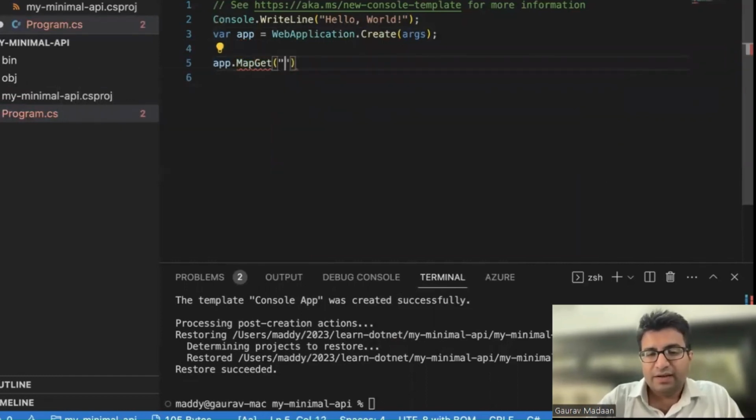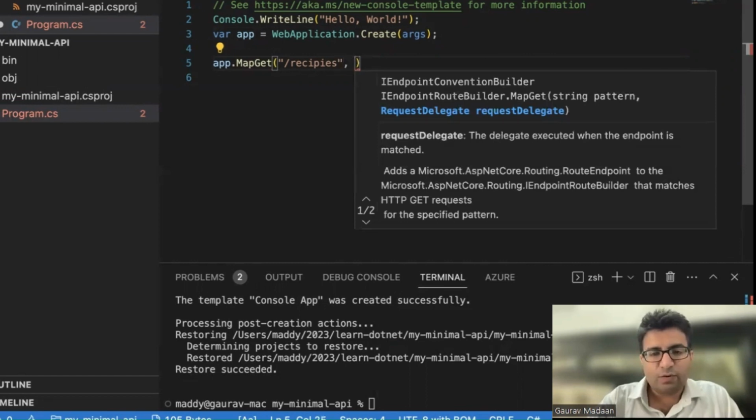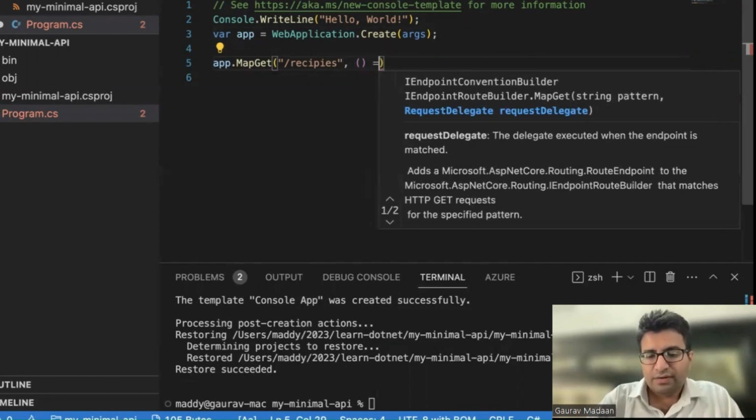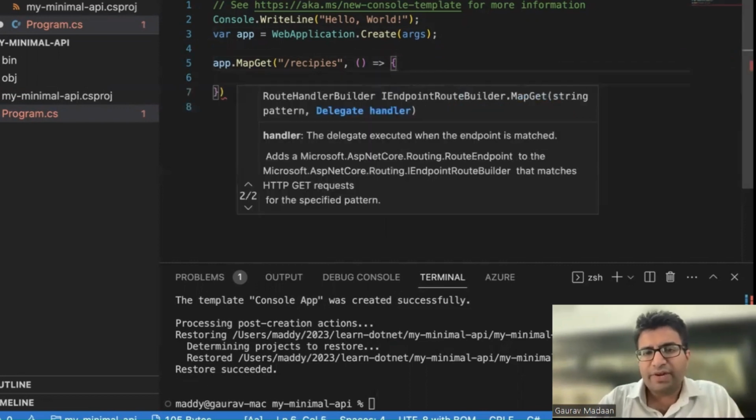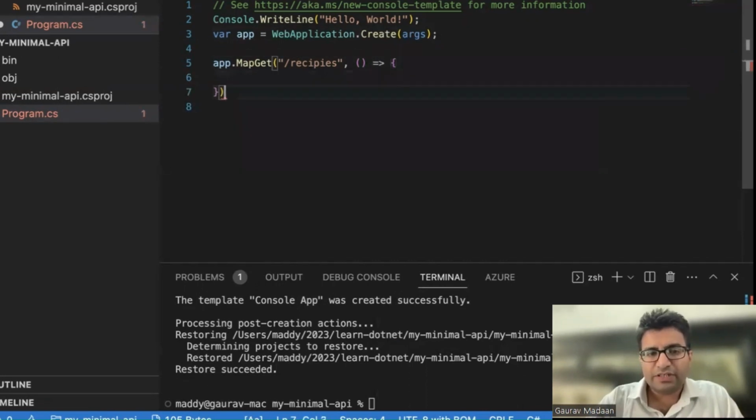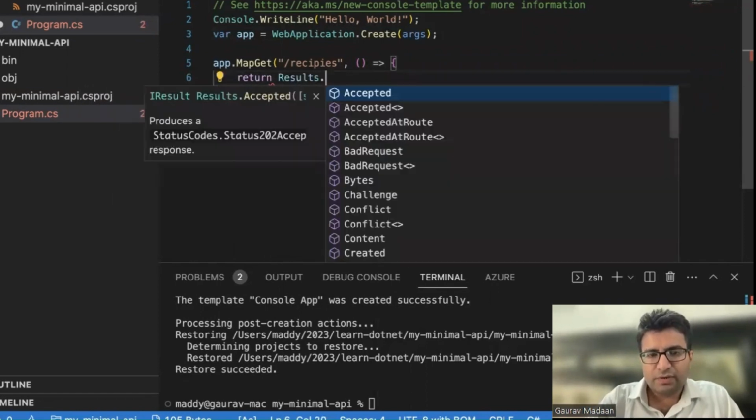Let us say I say recipes, and here I want to return, right? Let's say I want to return here. I can return anything. So here I have made use of this lambda function. I can write multiple statements as well. So I say return Results.Ok,